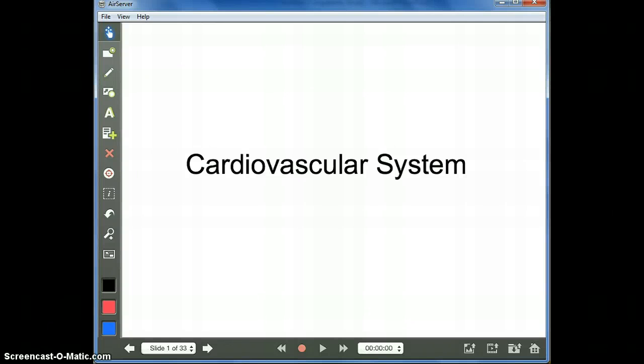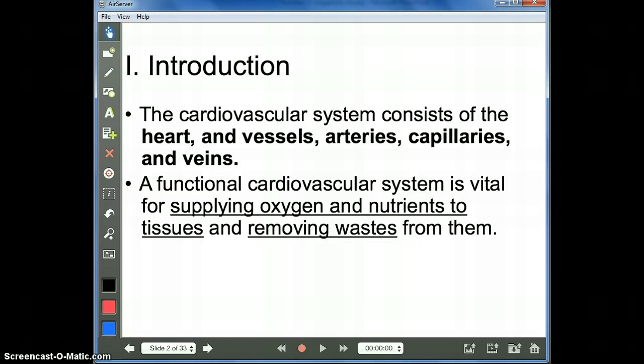All right, today we're going to talk about the cardiovascular system and the purpose behind that cardiovascular system. Now, when looking at it, there are a few main things we're going to look at. The primary organ that we're going to see in this unit is going to be the heart. The main job of that heart is to work and pump the nutrients throughout the entire body.